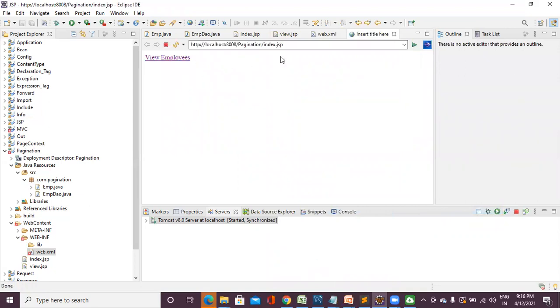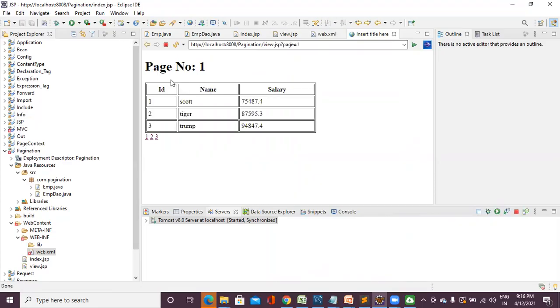Then you get the index.jsp link, view employees. Once you click on the link view employees, your table will be displayed there like this. Your EMP table contains 3 records. First record, ID is 1, name is Scott and his salary is 75,487.4. Second ID is Tiger, name is Tiger and his salary is 87,595.3. And third ID, name is Trump and his salary is